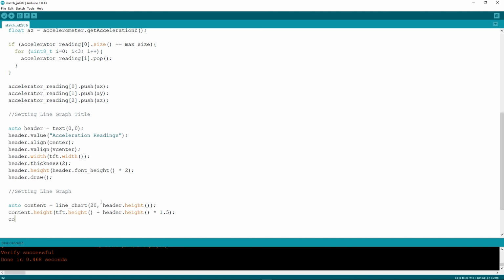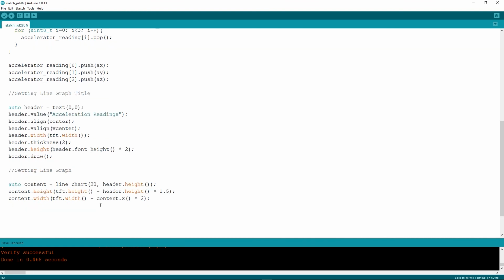After that I will set the width, content dot width, as tft dot width minus content dot x times 2, and I will write content dot based on as minus 2.0.